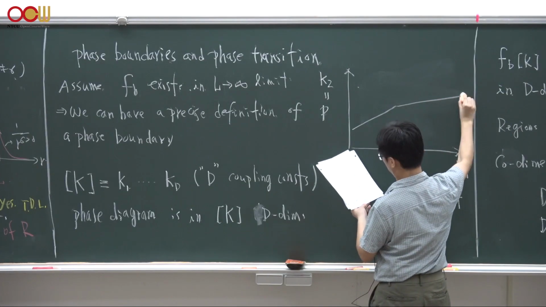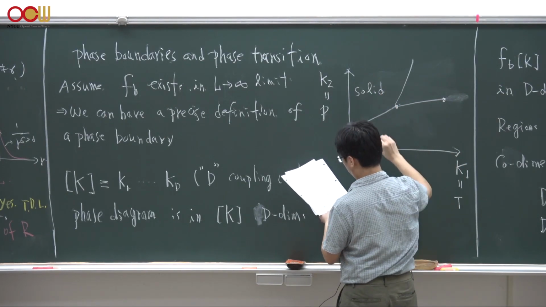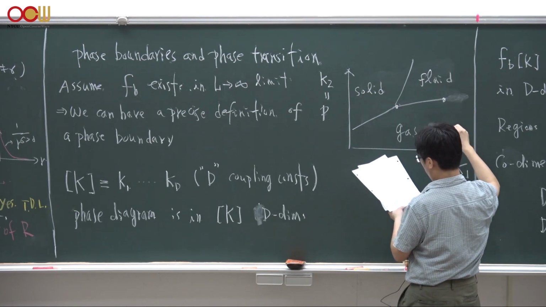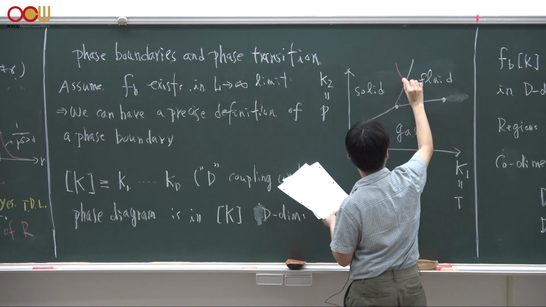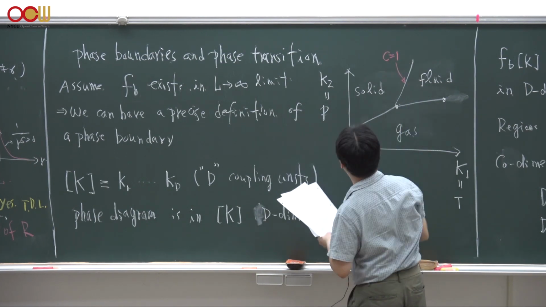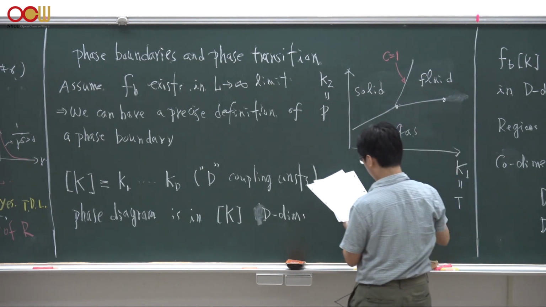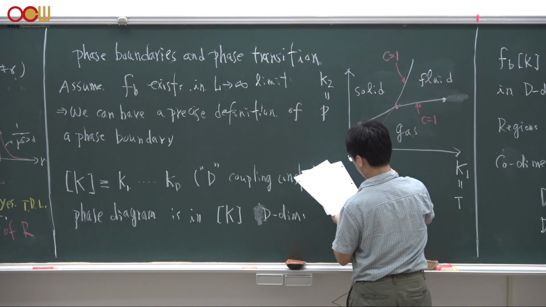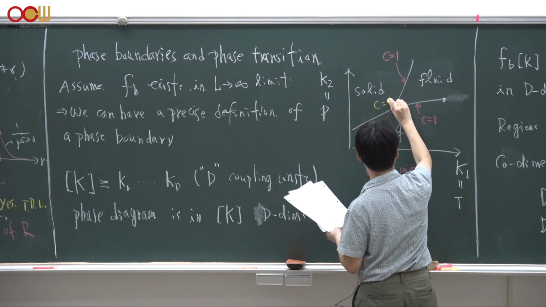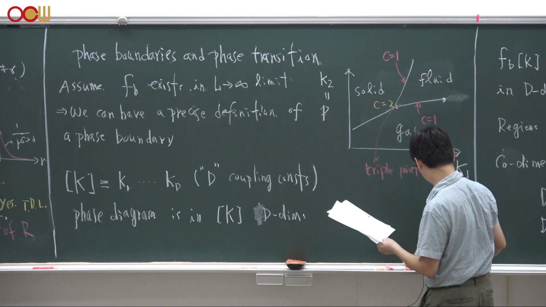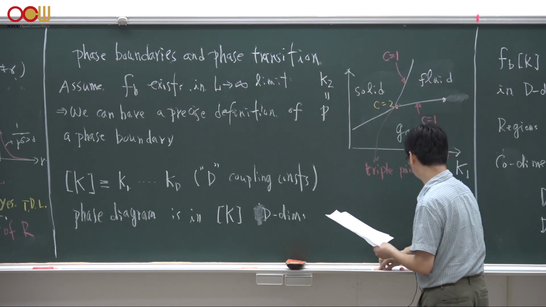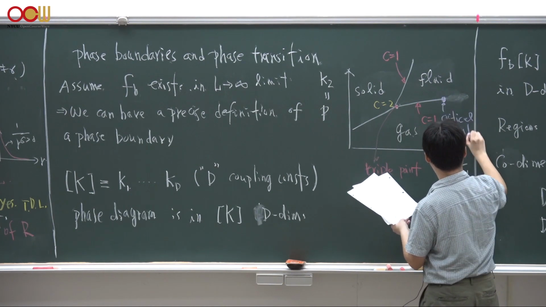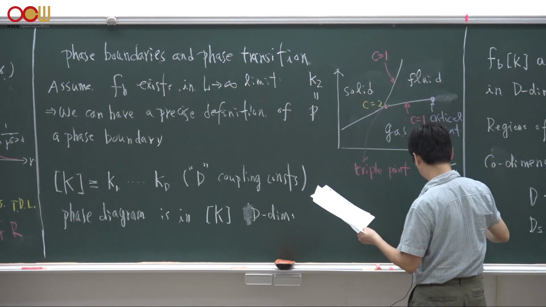So we have such a phase diagram. This is a solid phase, and this is a gas, and this is fluid. And so you could check that along this phase boundary, you have a codimension c equals 1. But right here, this is called a tri-critical point or triple point. You have c equals 2. And interestingly, there's another one, a critical point right here. This is some kind of critical endpoint, which we call the critical endpoint or critical point, which shows codimension